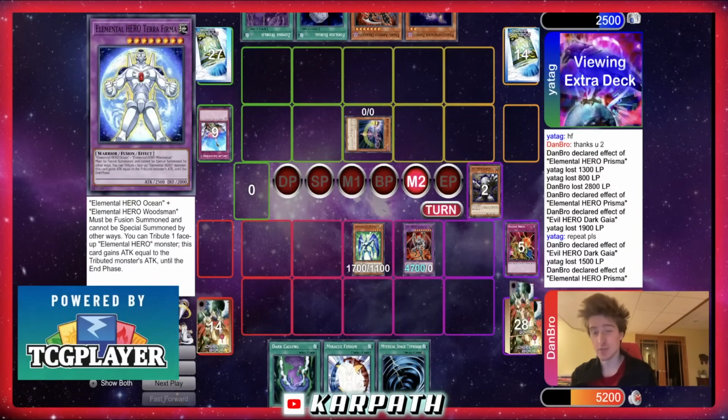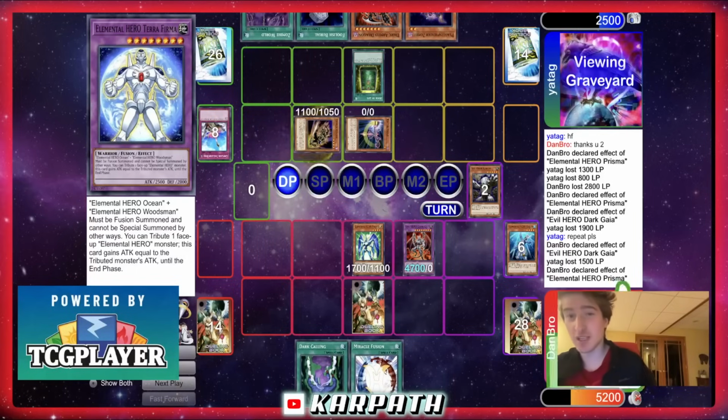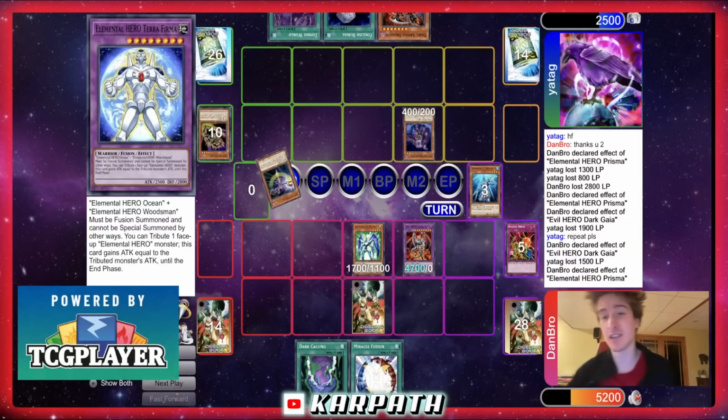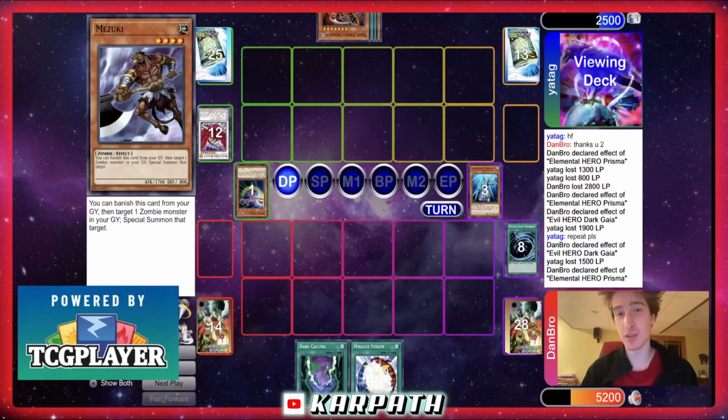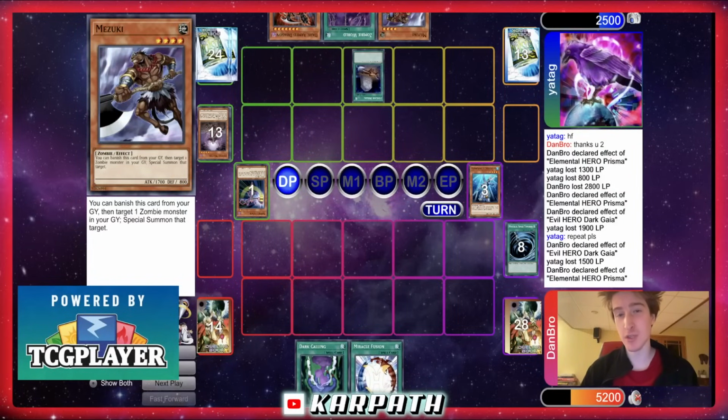And main 2 will use Prisma again, send Terra Firma. So we just keep sending fusion material with Prisma and try to kill with our big fusion cards, basically. A huge Black Rose Dragon play, though, for the opponent. Going to wipe out everything. They have Foolish Burial, activate...